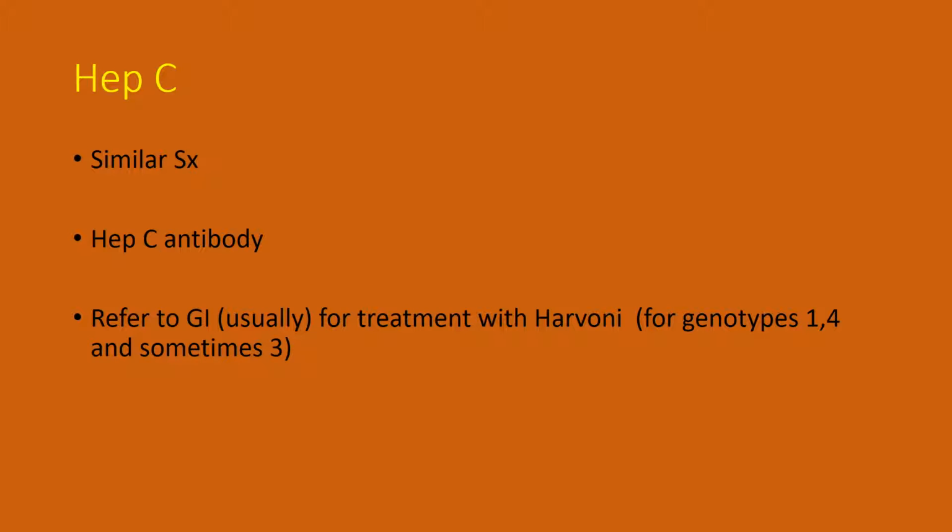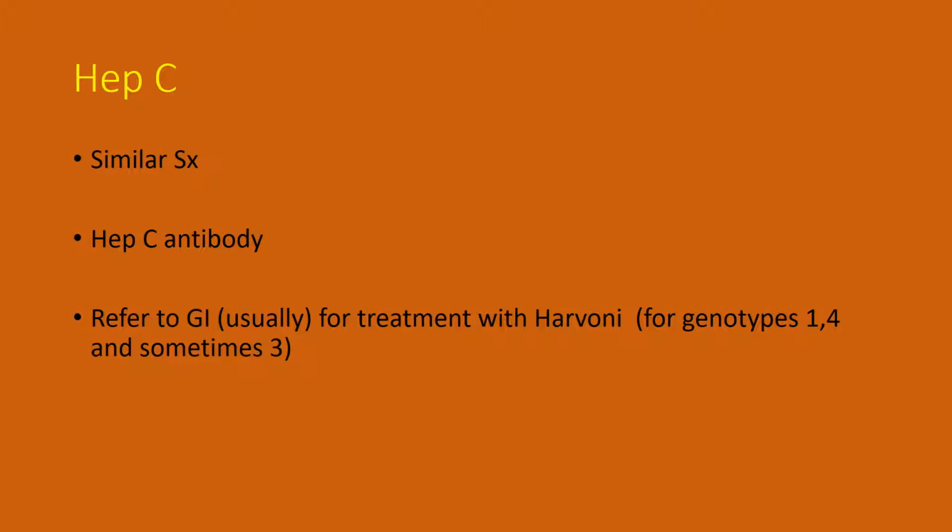Now, hepatitis C, again, has similar symptoms: the nausea, the vomiting, the jaundice, the elevated transaminases. You'll test specifically for the hepatitis C antibody to test for acute infection. If they have hepatitis C infection, they can actually clear it and become immune, just like the hepatitis B patients. Percentage-wise, that's a much lower percentage, though. It seems to be maybe 5 or 10% that do that. Way more likely to go chronic than the hepatitis B patients.